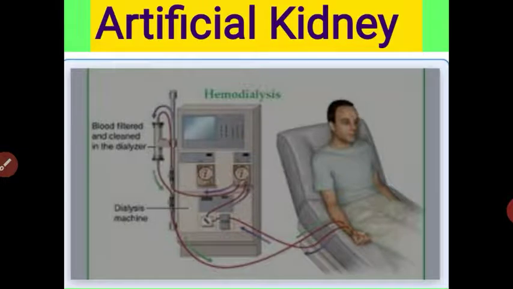Got it, student? In this video we have studied the structure and function of the nephron. The main function of the nephron is the formation of urine by the processes of ultrafiltration, absorption, tubular secretion and osmoregulation. The urine formed by the nephron is then excreted by the process of micturition. If a person's both kidneys fail, then artificially, with the help of the dialysis machine, we can purify the blood.